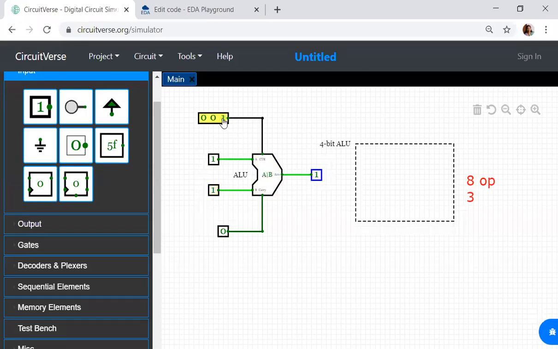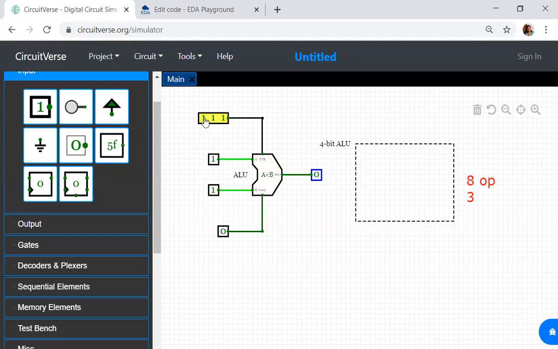Now if your control line changes to 1, this module is designed to perform OR operations. So clearly we can see that it is performing A or B. 1 or 1 is 1. 1 or 0 is also still 1. You can see the output 1. So like that, if your control line is 1, 0, the operation performed is A plus B. So A plus B is performed. If it is 1 and 1, it is performing some ALU operation, whatever is designed. Like that, 1, 1, 1, it will perform A less than B.